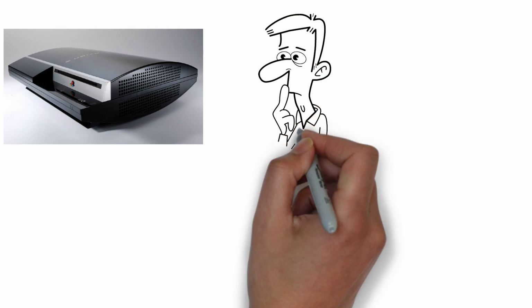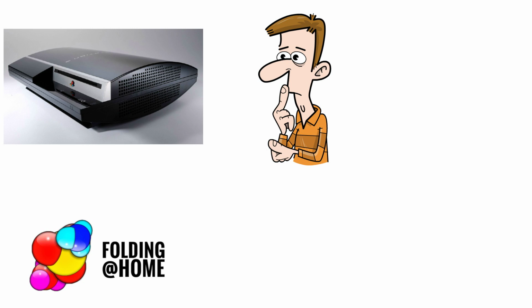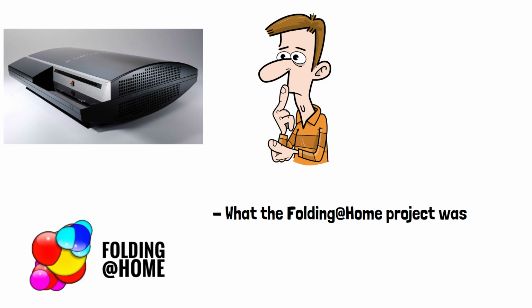You're probably wondering how a games console can possibly be of use when helping fight disease. This was done through the Folding at Home project, which used the PS3 to great effect. In this video, we're going to look at what the Folding at Home project was, how the PS3 was involved,